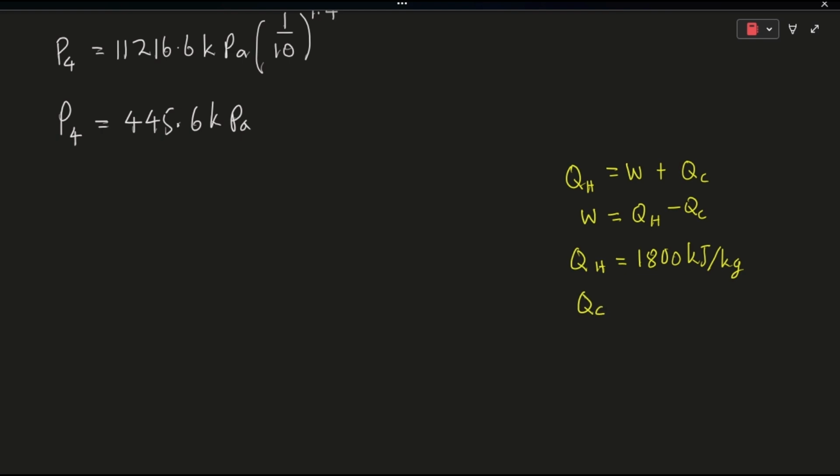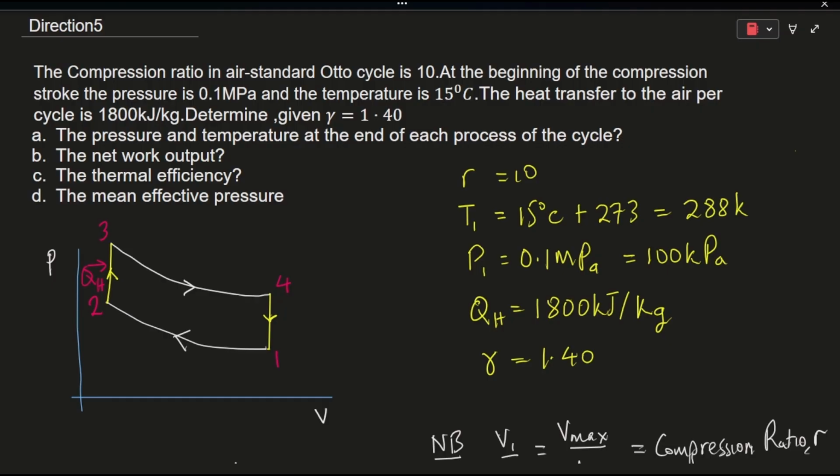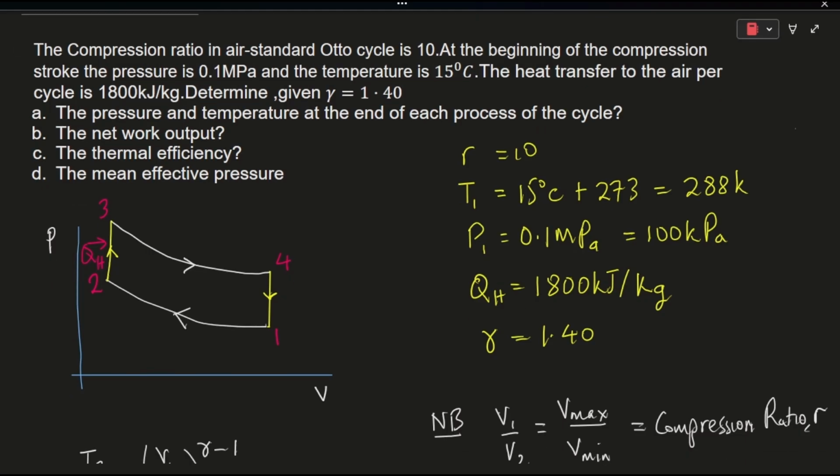And QC can be determined by the formula where T1 and T4 are the final and the initial temperatures for the final step of the cycle, 4 to 1. Now showing it on the diagram, our QC is given as